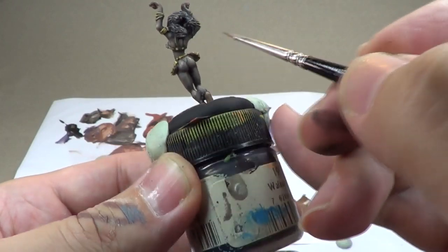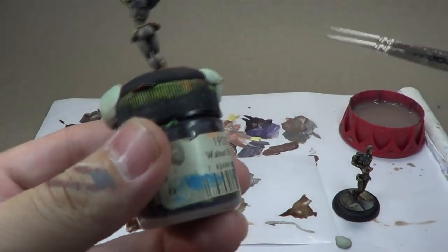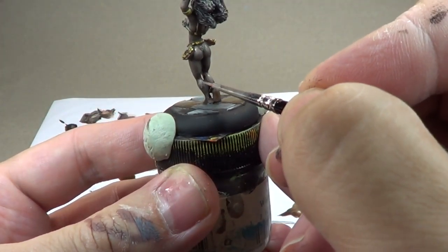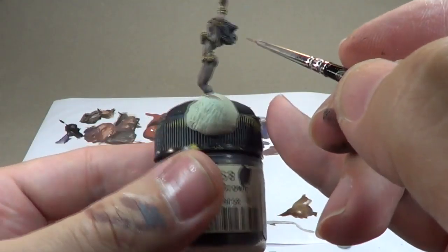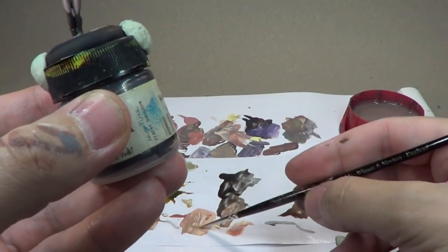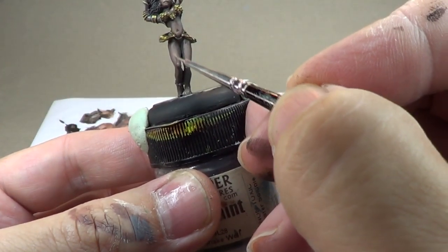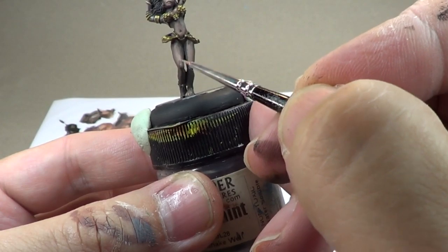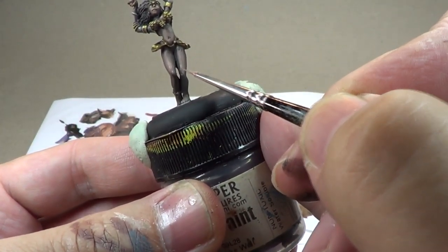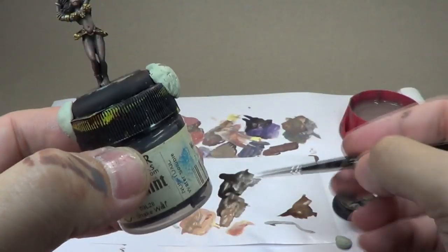I didn't used to do this whole notion of mixing regular paint in with the glazes. I didn't used to do that at all. They were always very separate things, always kept separate. And I realized that that didn't really make much sense, especially being a watercolor painter. So I'm starting to go back